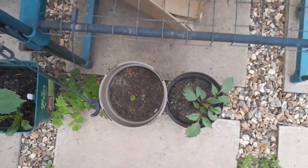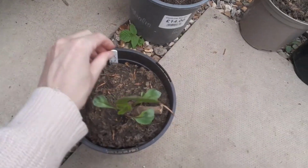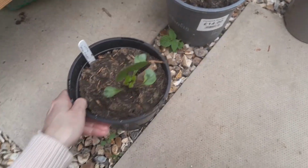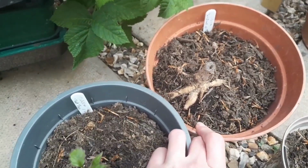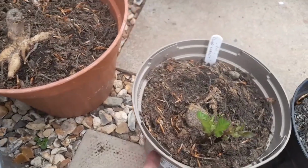And down here are my dahlias, my dahlia tubers. So I'll tell you what varieties I've got this year. So here is Mango Madness. That is a new one for me. I think these might need a drop of water soon. Mango Madness. I've got Iced Tea, Wizard of Oz. That's a lovely pink one. I can't see any shoots from that at the moment. Don't know why. I've got Sweet Natalie,